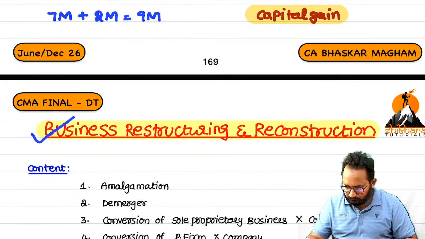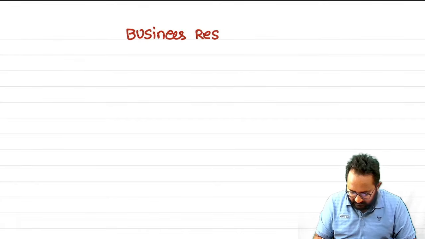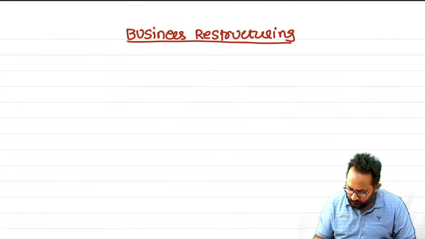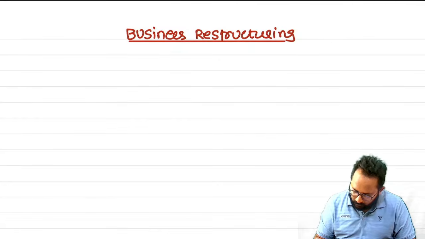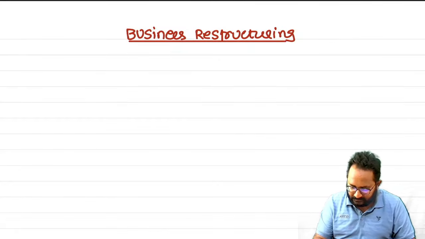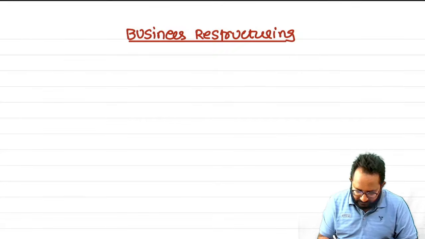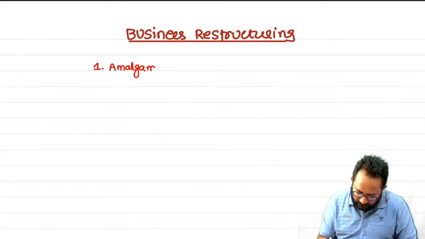Okay, so now what are the concepts we are going to learn in this chapter? I will give you a brief analysis of this chapter's coverage. Business restructuring and reconstruction. In this chapter, what are the things we are going to learn and what are the problems we have to do, I will tell you clearly first. Business restructuring means, first, amalgamation. Second one, any idea? Demerger. Third one,